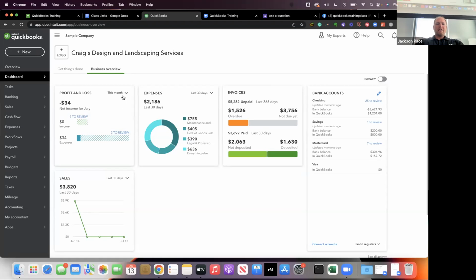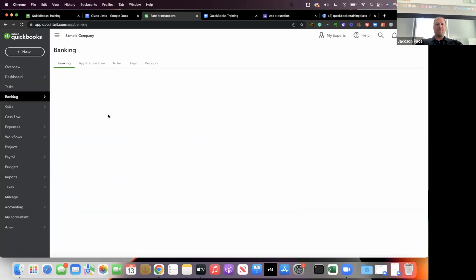The other handy thing is, if we come back here and click on this year, it'll give us a really quick glance at what our job is, as the people managing the QuickBooks, what we need to do. So in profit and loss, we have income of 10,201, but right up here it says 11 to review. You're probably thinking, what in the world, 11 of what? What do I need to review? Pretty much anything in here you can click on and it'll take you to a link. So if we click on 11 to review,